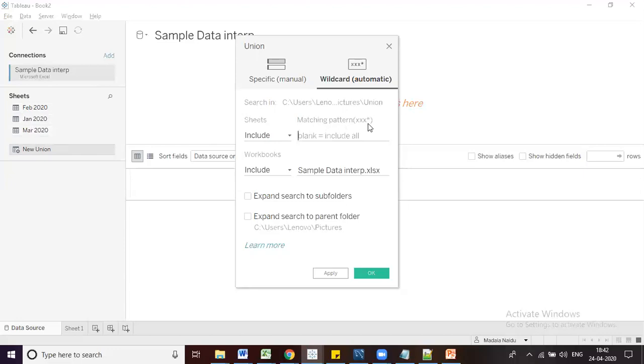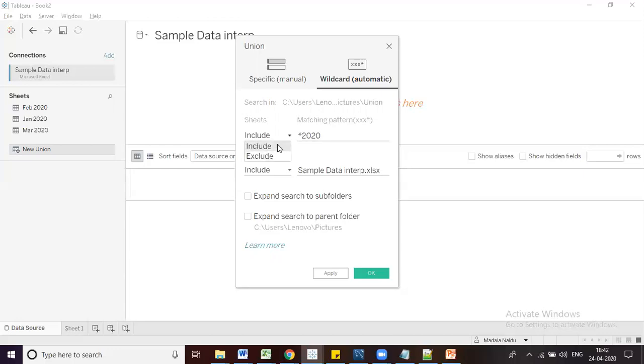Here you can see star is like a global option. Wherever you keep the star, from that point onwards it will search for the files. Now in my case I am going to keep star and 2020, right? Here we have an option called include, exclude.